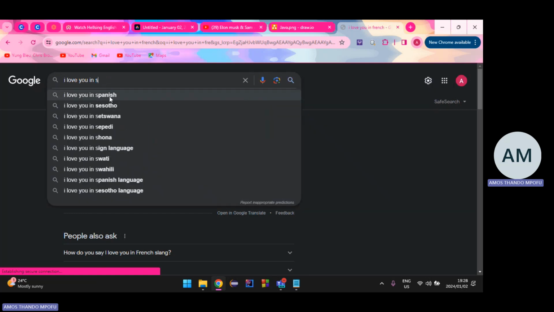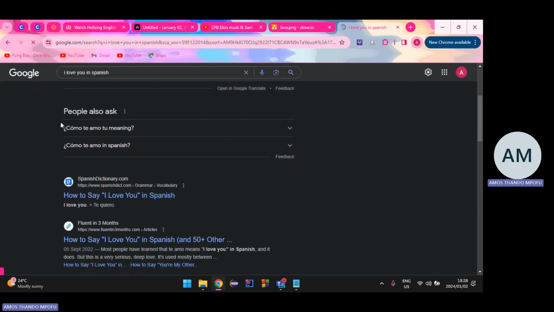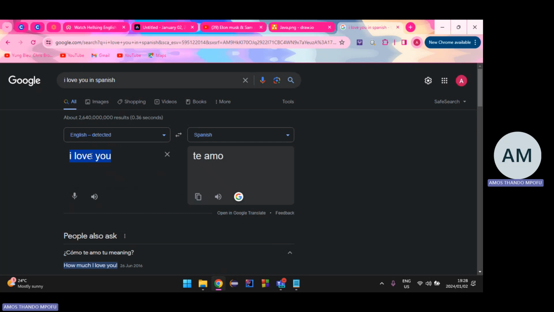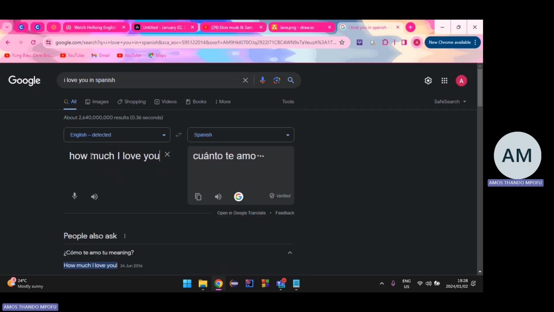Let me say, okay, it doesn't. But let's just see this one. How much I love you, right? So let me just change this to how much I love you, right? Okay, I just wanted you to see the special character. You see, it depends on the language. Some languages have special characters. It depends on the rules of that language.